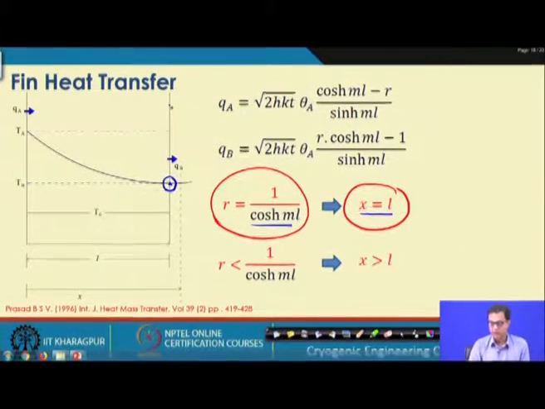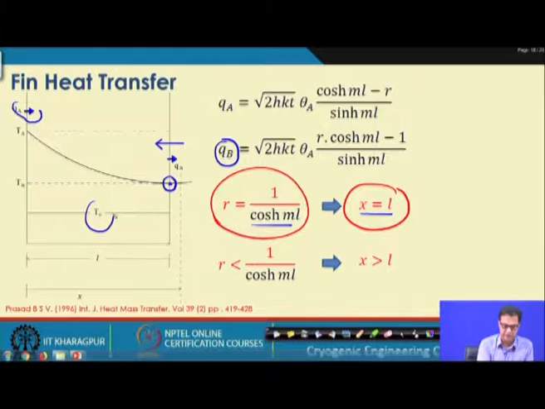plate, we are also finding that this q b will change its direction. So, now this heat is no longer, earlier we have seen that heat was coming from the plate to the fluid. Since that is expected, because the plate temperature is higher than the fluid temperature, this plate is supposed to give heat to the fluid, but here we